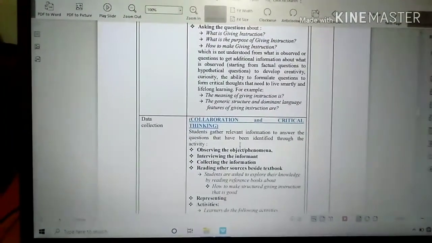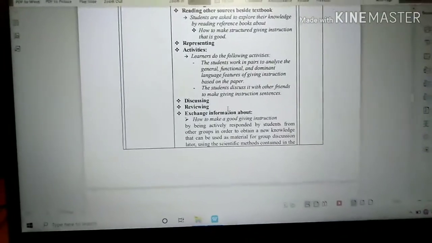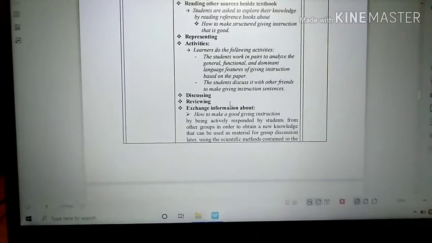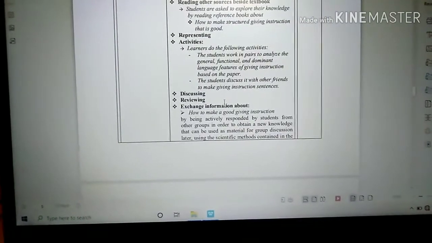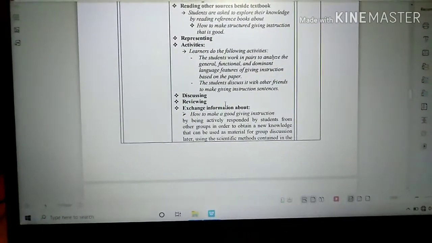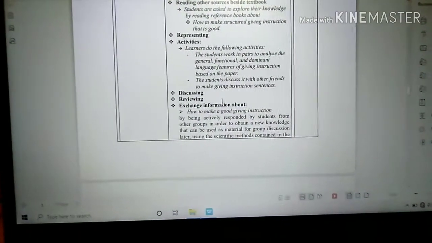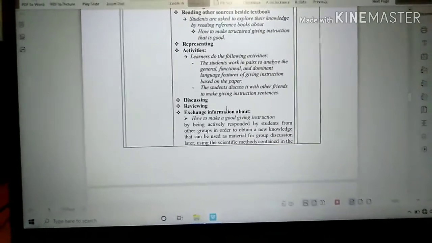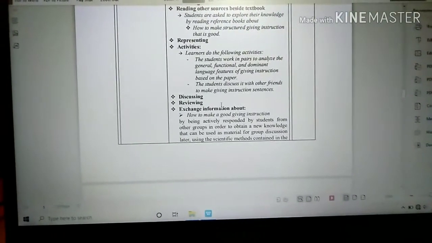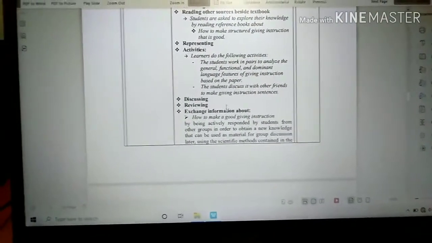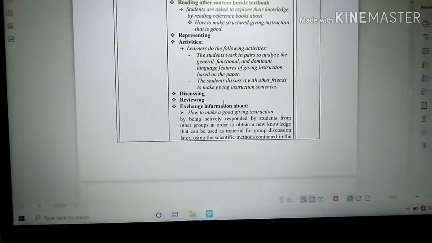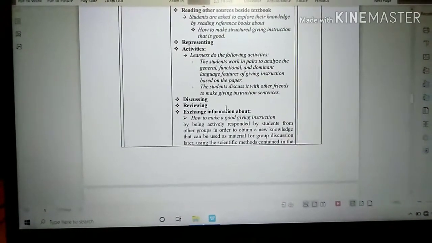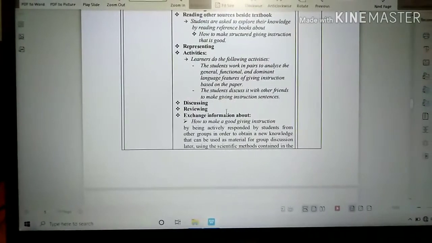Representing activities. Learners do the following activities. The students work in pairs to analyze the general, functional, and dominant language features of giving instruction based on the paper. The students discuss it with other friends to make giving instruction sentences. Discussing, reviewing, exchanging information about how to make a good giving instruction, by being actively responded to by students from other groups in order to obtain new knowledge